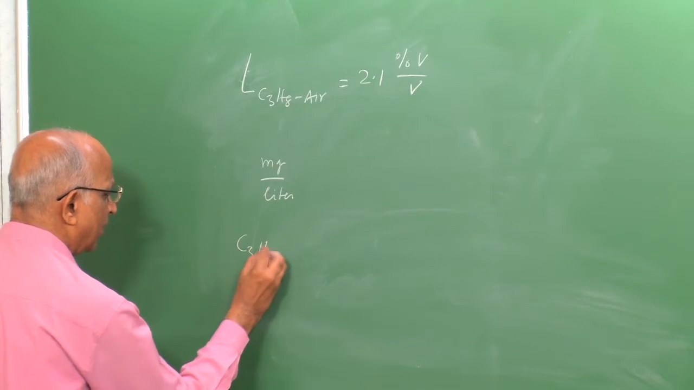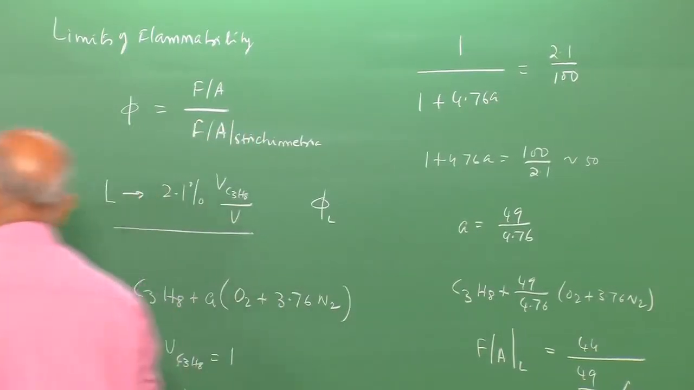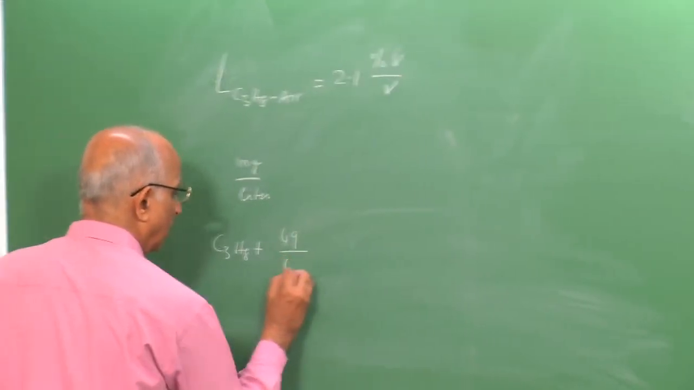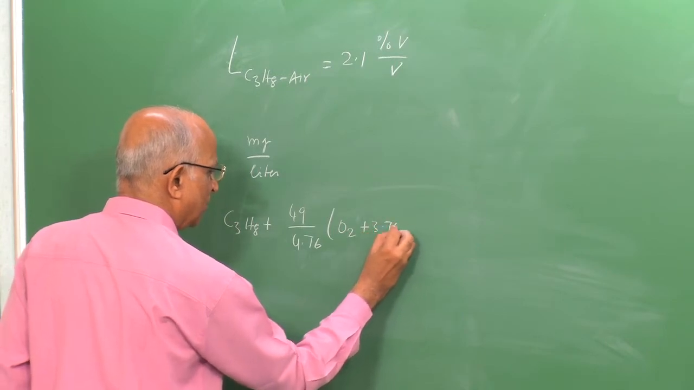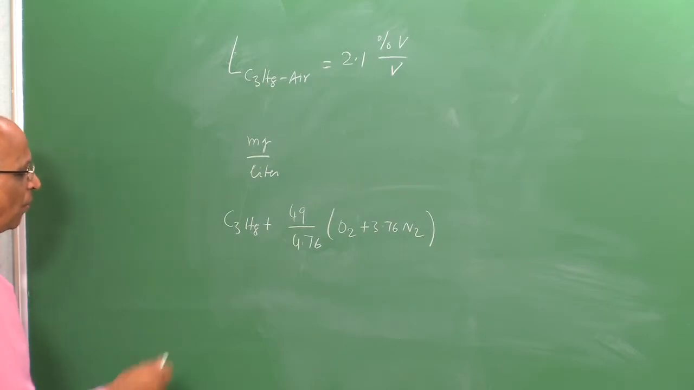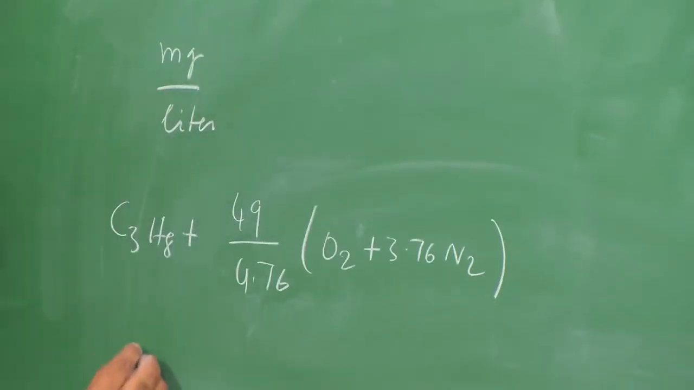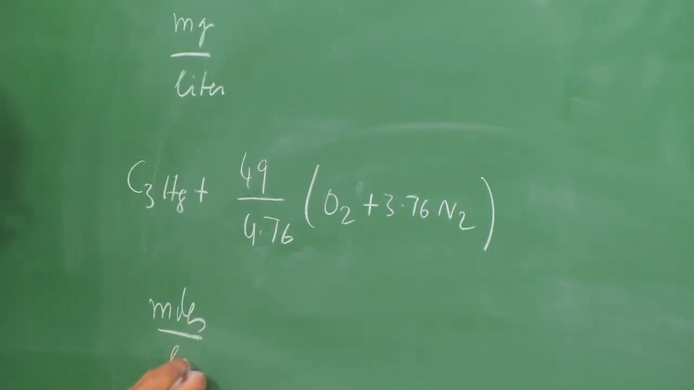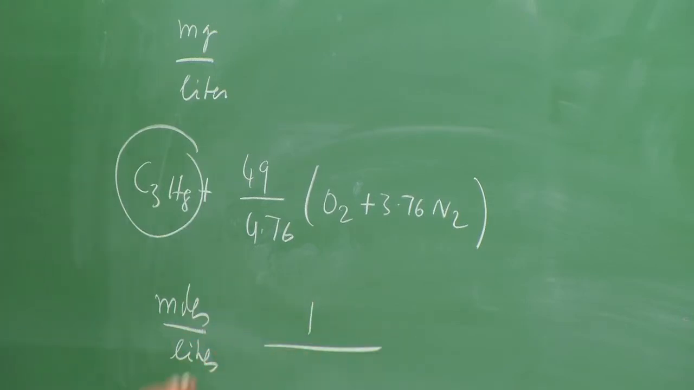I get C3H8 plus, corresponding to L, we had the equation 49 by 4.76. Let us write it out, into oxygen plus 3.76 of nitrogen. This is the mixture that I have. Now, what is it I find? I want to put it in terms of, let us say, moles per liter, concentration in terms of moles per liter. Therefore, moles of fuel is 1, and